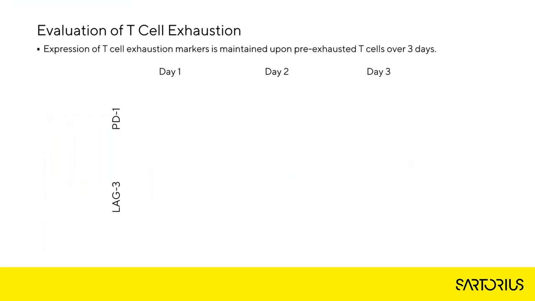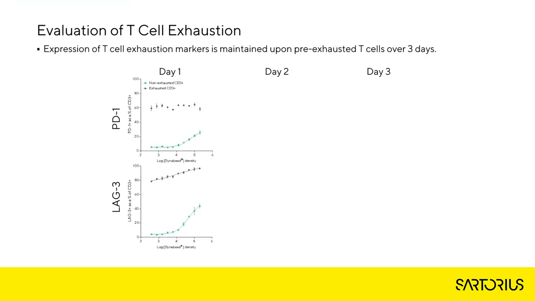The same repeat stimulation was used to pre-exhaust CD3 positive cells in this assay. Non-exhausted cells from the same donor were used as a comparison here. The cells were plated in well and treated once on day 0 with a dose response of Dynabeads CD3 to CD28. A 10 microliter sample was taken on 3 sequential days from the same plate and analysed for expression of exhaustion markers and cytokines. On day 1, 60% of exhausted cells express PD1 irrespective of the concentration of Dynabeads used to re-stimulate them.